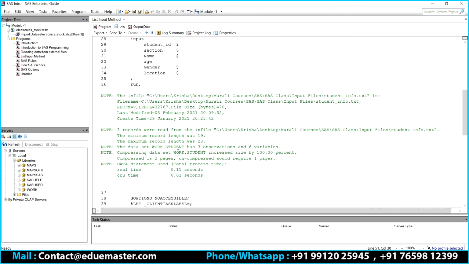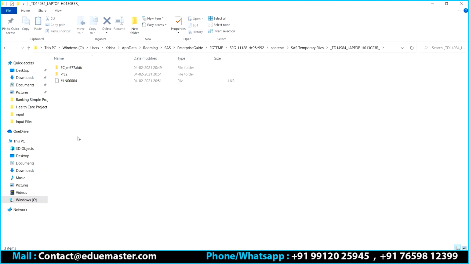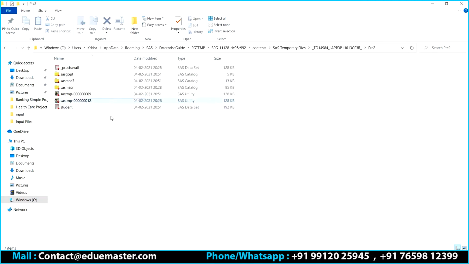By default, if you don't mention the library, SAS will store the data in the temporary library, work library. Can you see there is a data set called student? You can also see that the student data set is here.